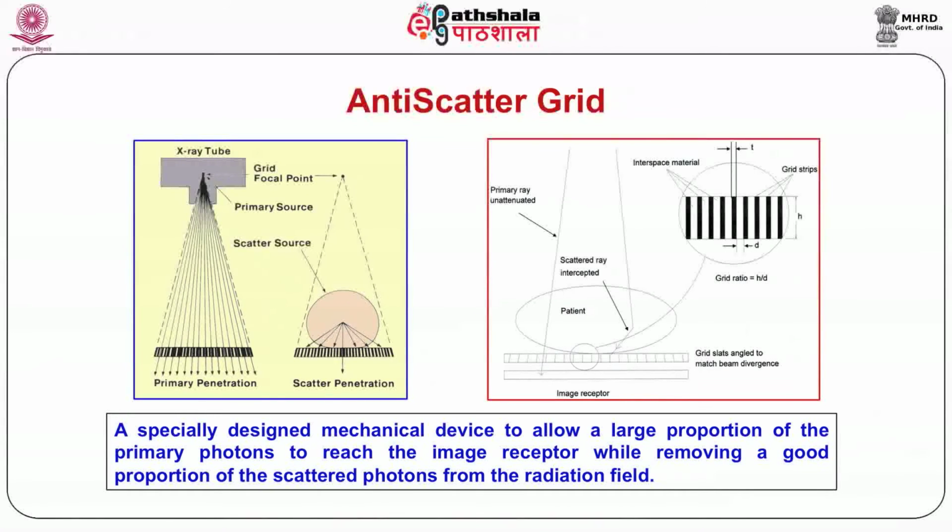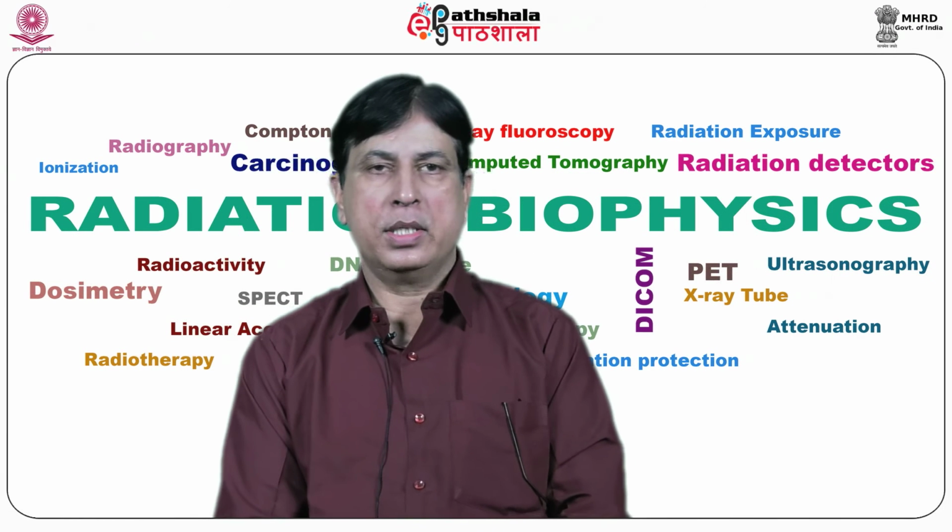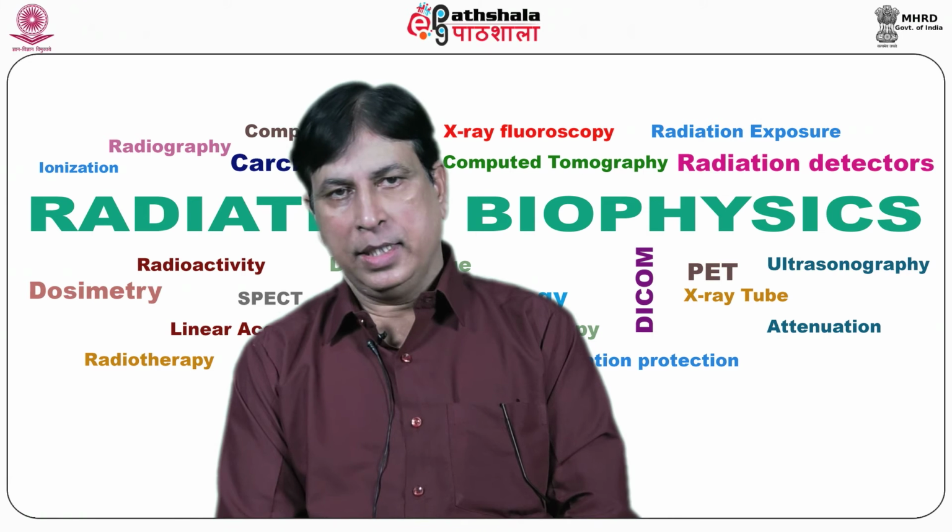The image quality can further be improved by careful collimation and by patient compression. Collimation is an easy way to reduce the amount of scattered radiation by collimating the X-ray field to include only the anatomy of interest. Alternatives to anti-scatter grids include the use of air gaps and slit scanning systems. So now we will start with the anti-scatter grid.